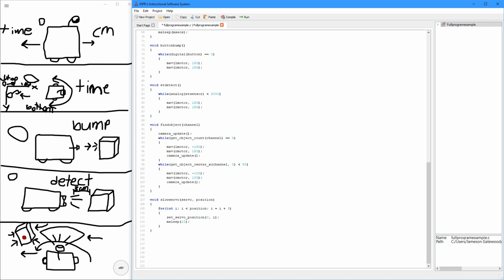While I is less than position, move upward until you get over that position. And then this is actually going to be servo right here. So set servo position, the two arguments it takes is which servo you're using and what position you want it to go. And this is going to be the continuous position right here. And that's why it's going to move slow. Instead of immediately snapping to the position that you want, it's going to be limited by how fast this for